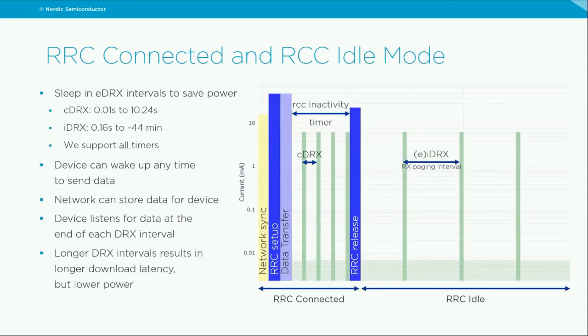And some details about these modes. The RC connected mode and the RC idle mode are the ones that we are going to look at now. We have sleep in eDRX intervals to save power. So we have something called eDRX in both the connected mode and idle mode, but when we usually talk about eDRX, it's actually the iDRX, which is in the idle mode, because that has the best effect to low power